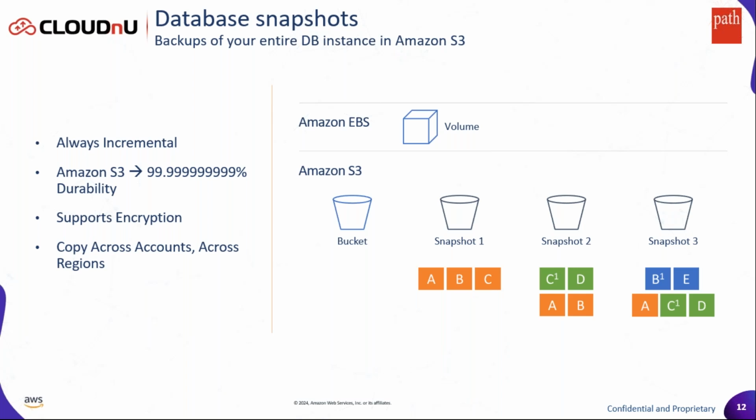And it's not that every time you run a backup or a snapshot, it needs to take a full database snapshot. It's incremental, right? RDS is smart enough to figure out that these are the data changes since the last snapshot, so it just takes the changed blocks and backs them up. And you are able to then store the snapshot in a different account. You can move it into a different region. You can copy the snapshot wherever you want to keep it safe. You can do all of that within the RDS platform, and it can all be automated. So again, there is no administration effort there.